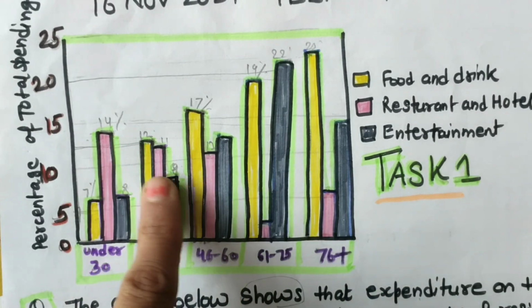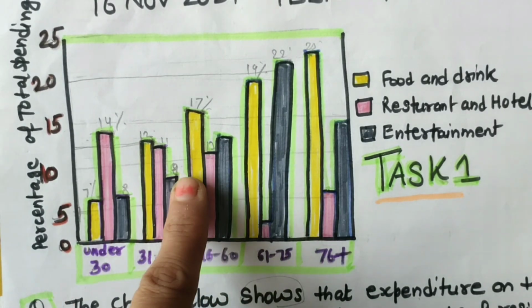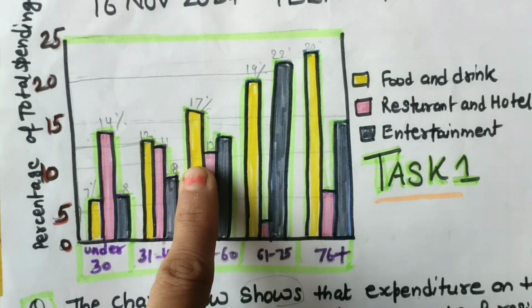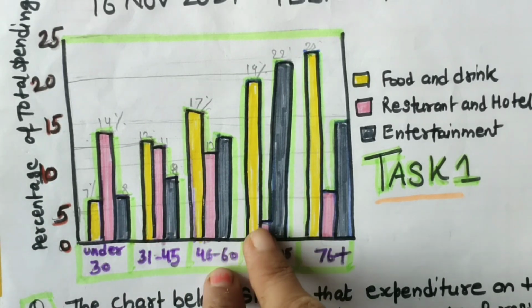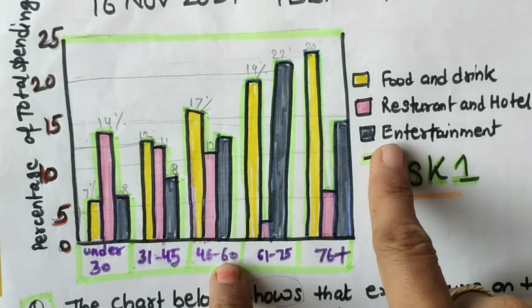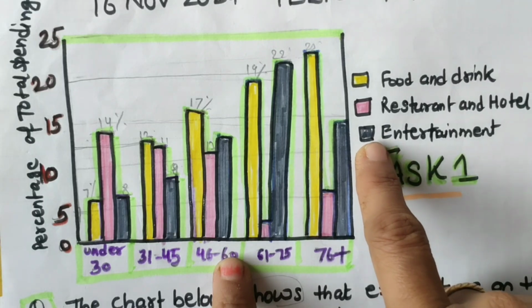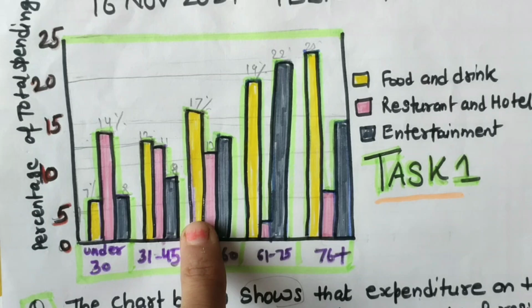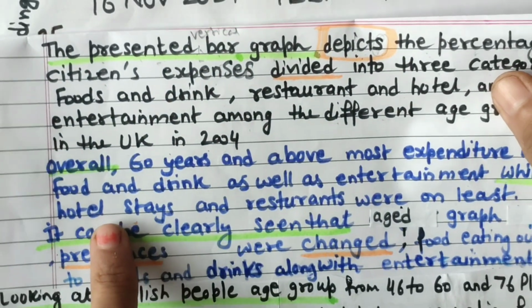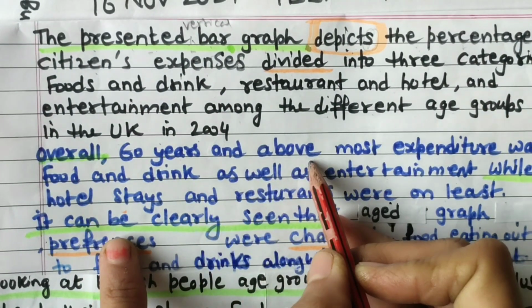So see, when people are young, they are spending more money on food, drink and restaurants. But as soon as they grow old, their preferences change, like entertainment and food also. So this we have to write. Overall, 60 years and above,